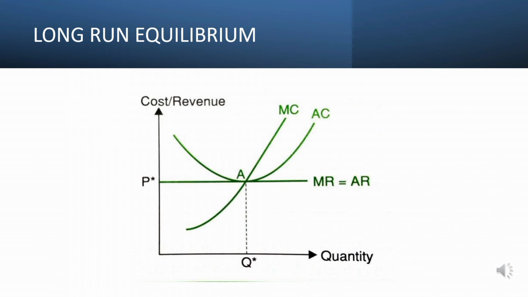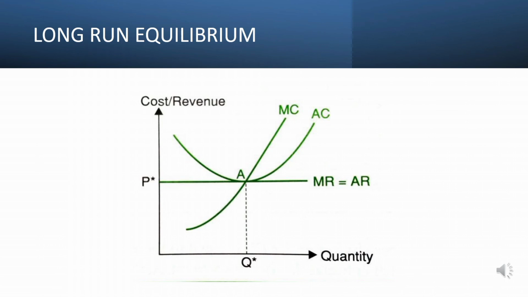It should be noted that a horizontal demand curve can be tangent to a U-shaped average cost curve only at the latter's minimum point, since at the minimum point of the average cost curve, marginal cost and average cost are equal, so price in the long-run equilibrium is equal to both marginal cost and average cost. In other words, the double condition of a long-run equilibrium is fulfilled at the minimum point of the average cost curve. It is clear that the long-run equilibrium of the firm under perfect competition is established at the minimum point of the long-run average cost curve.